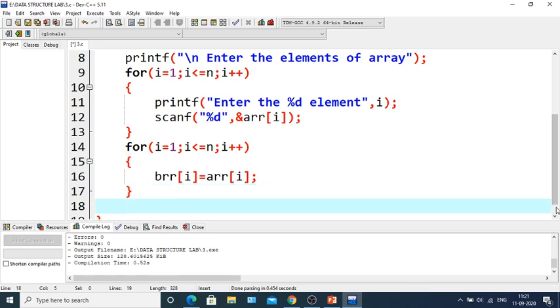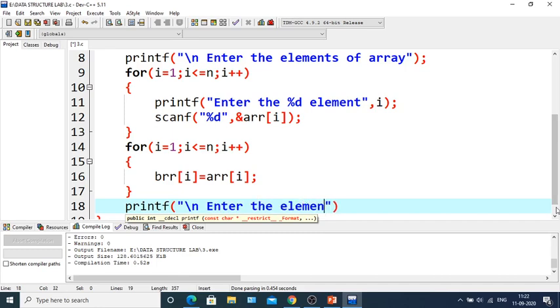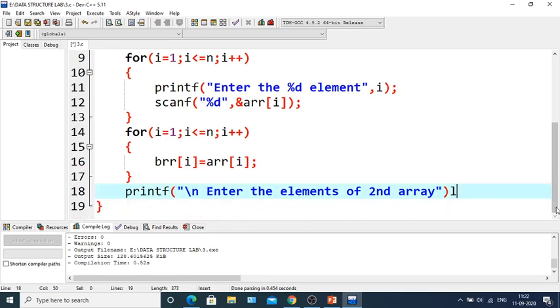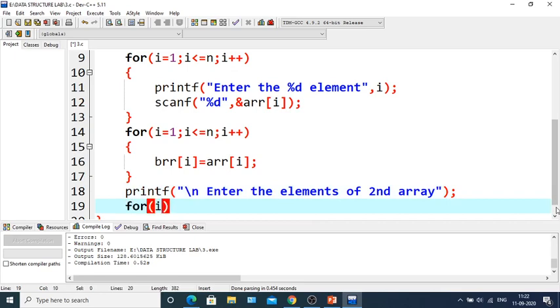Now we'll printf the BRR array. So printf \n enter the elements of second array. For that we need a for loop: for i equals to 1, i less than equals to n, i plus plus.